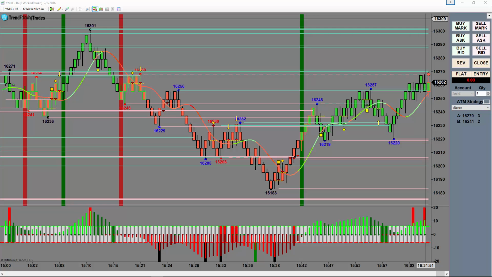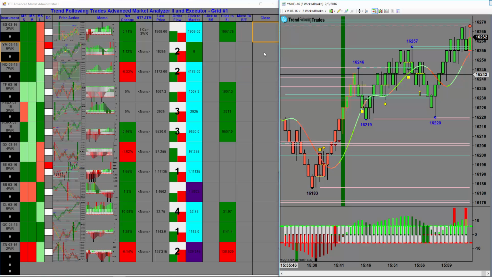With the AMAII, we have the ability to execute, fully execute, stop limit, stop market, move the break even. By the way, when you're in a position and it goes to profit, this turns green or red, telling you whether you're long or short. If it's in profit, this will turn orange. You click this button, it'll move the break even. We like to use the chart trading function of NinjaTrader just to show us where we're at. We can move our stops, our targets. We can do all kinds of neat things. We have full control here